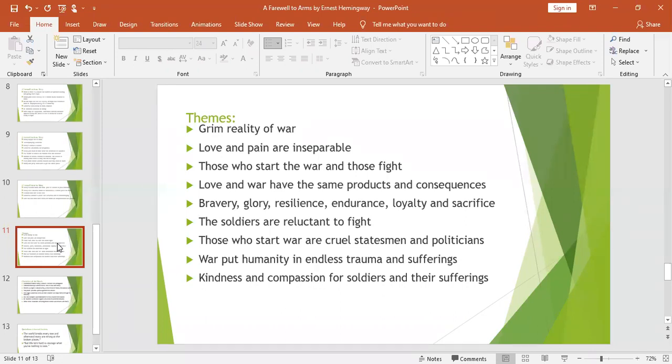There were many alliances among the countries, and Britain had an alliance with France, Russia, and then America, and Germany had an alliance with Turkey, Austria, and Hungary. So Germany attacked France in the first place, and then the war started. The statesmen, the politicians, the leaders start the war, and the